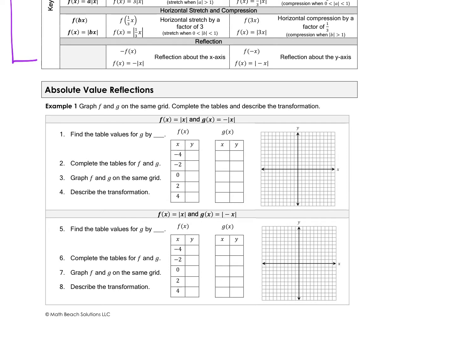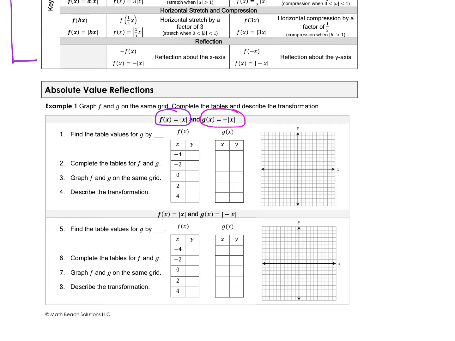We are given the absolute value parent function, and then we're given a new function, g. It says g of x equals negative absolute value of x. So what we're going to be doing on these examples is comparing them and figuring out what type of transformation happens whenever we adjust our parent function. So it says, number 1, find the table values for g